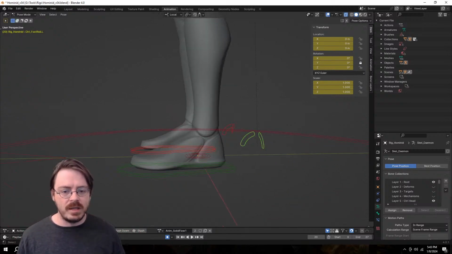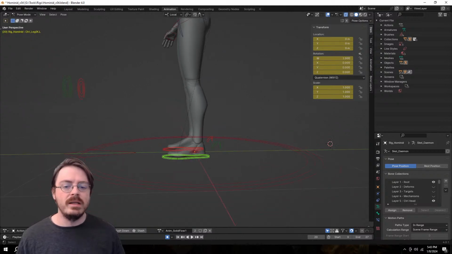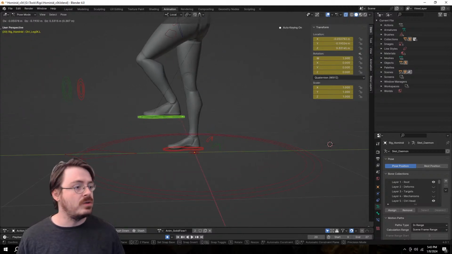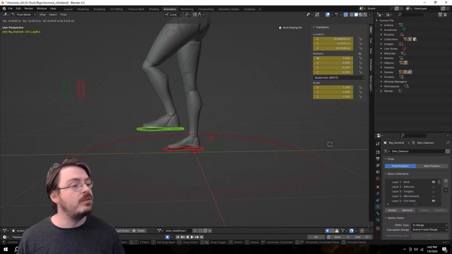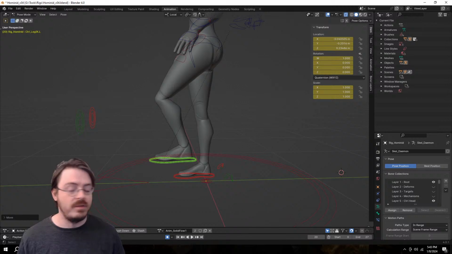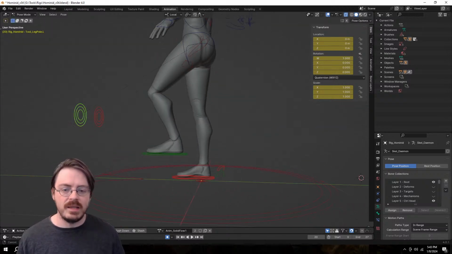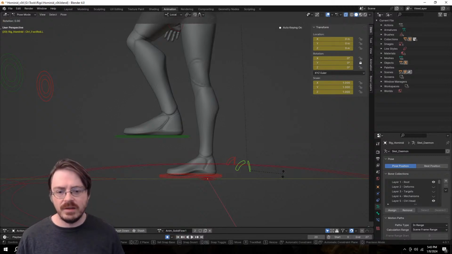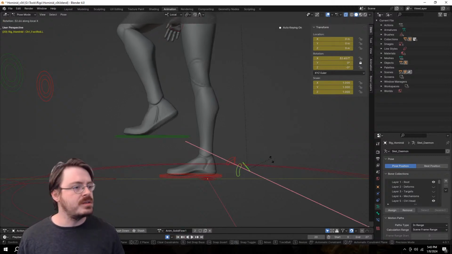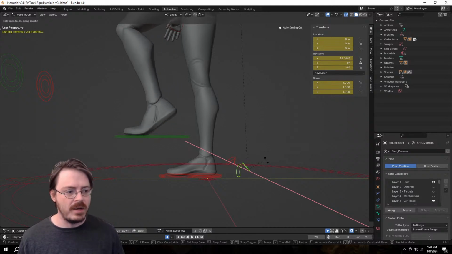So here, for example, for this foot rig, I have a couple of different things. For one, I have a bone which controls the inverse kinematics of the leg, so I can move the foot around and then the leg will solve and figure out what it needs to do from there afterwards. And I can adjust those things. But then I have a whole other rig for the foot specifically, which controls the bend and common things the foot does, right?